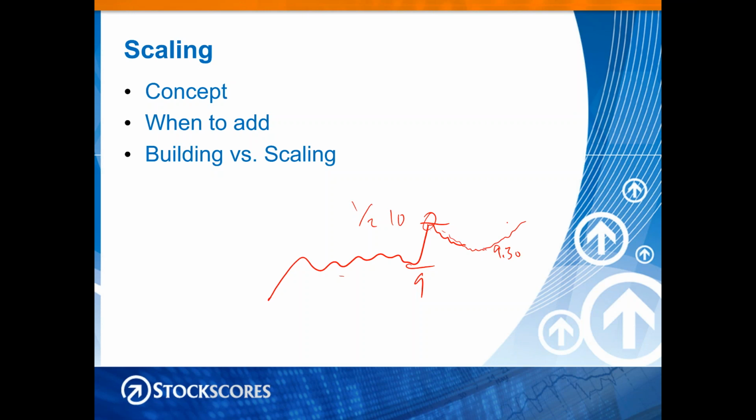So that's building a position. You buy a portion of it initially and you buy more later, building your position. You still have your same stop loss point, and you only buy the second half of your position after the pullback and waiting for it to go higher.